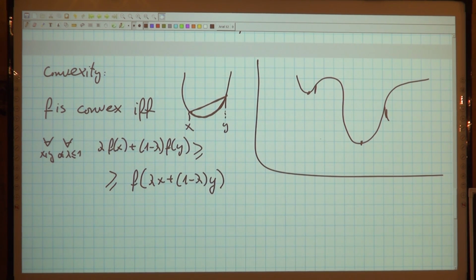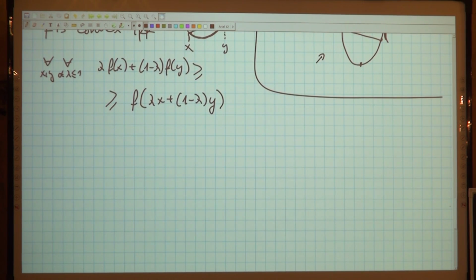So in particular, this function over here is not convex, because yes, it satisfies this condition over here, but it doesn't satisfy this condition for these two points, because here the function actually is above this thing. So this at least identifies that this is a bad function for us from the point of view of convexity. And then what you can show, and this is a very easy exercise, is that if f is convex,